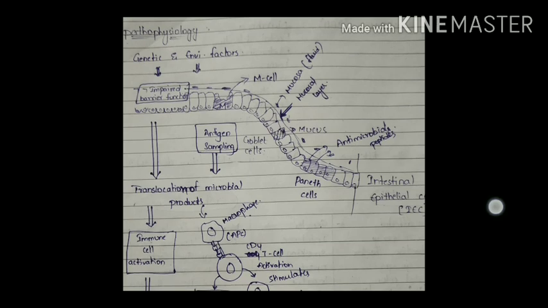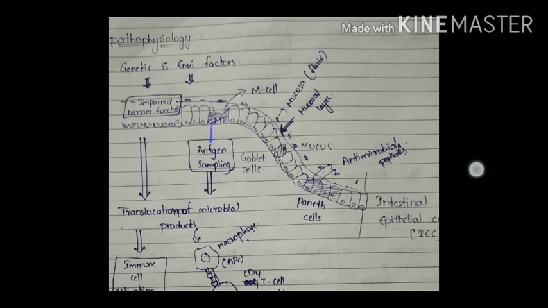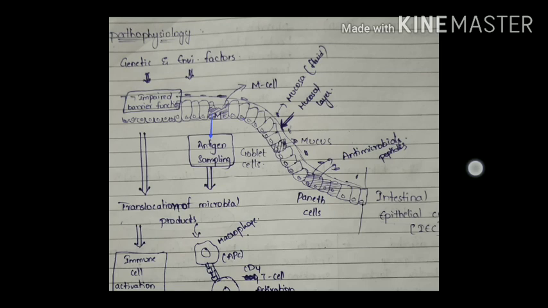If we look at the pathophysiology in IBD, both diseases have the same pathophysiology. Here we can see the intestinal epithelial cells, and we can also see the M cells. These M cells are part of the Peyer's patches, and here we can also see the mucosal layer. You can find the mucus, which is a fluid, and it has bacteria on the surface.